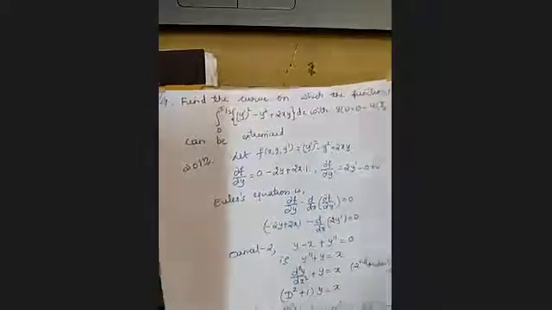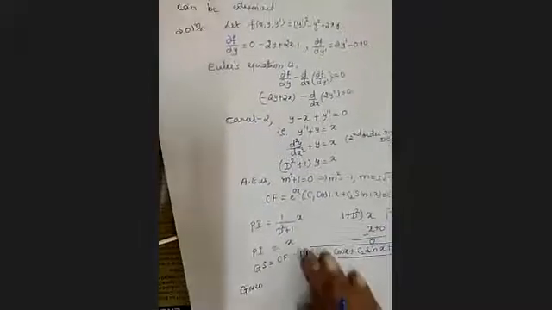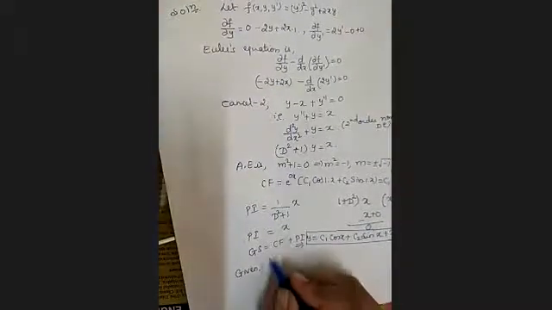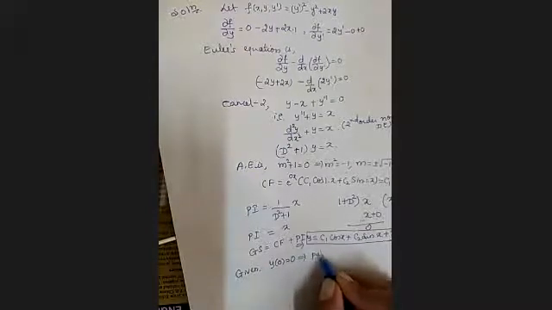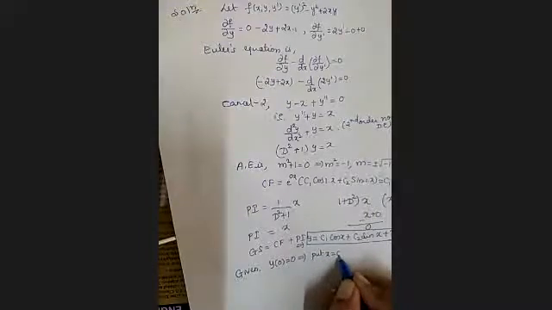Let us take this as equation 1. Now they have given 2 conditions. These 2 will help us find the values of the 2 arbitrary constants C1 and C2. For that you have to use the conditions. First, given y of 0 equals 0. So that means what is the value of x we have to take? We get this is y.